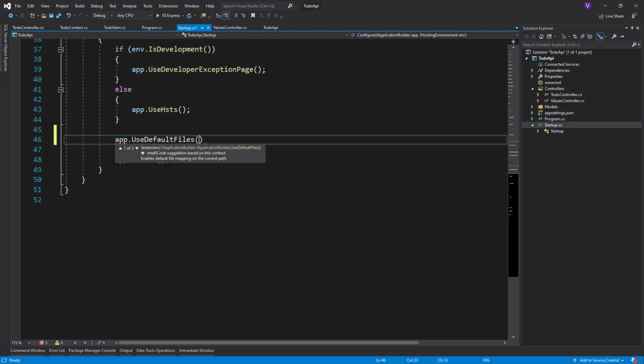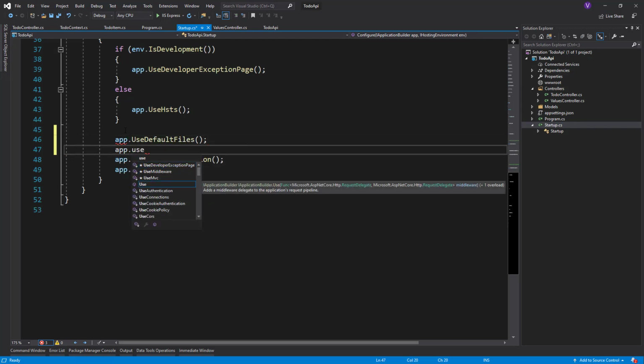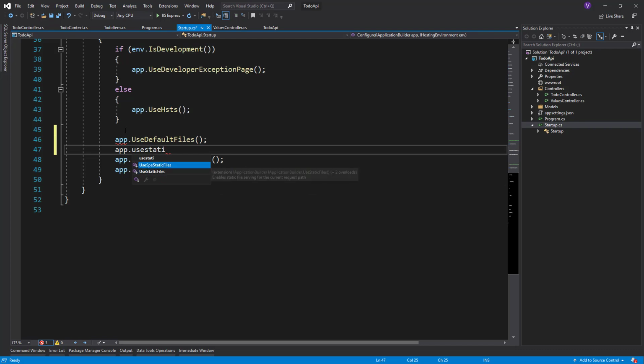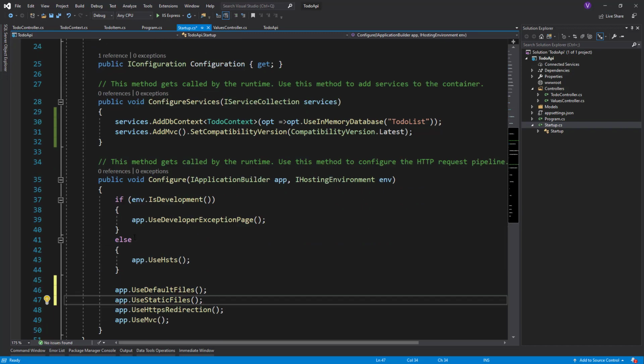In order to use the default files, and use static files. Looks okay. Yep. So we need a wwwroot folder. Yeah, and we need to add a file named